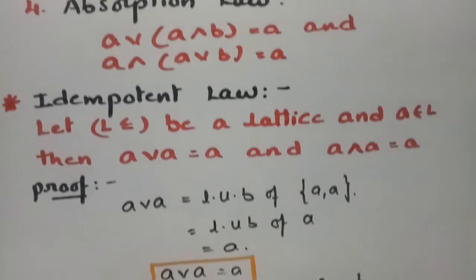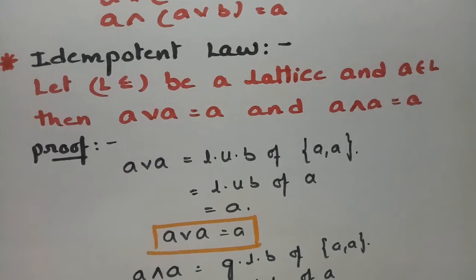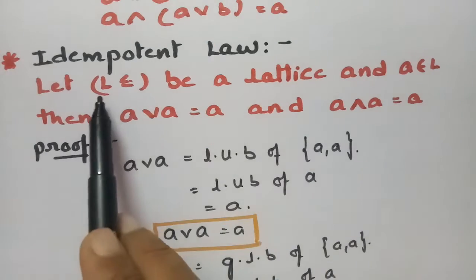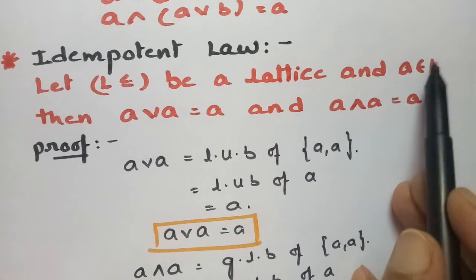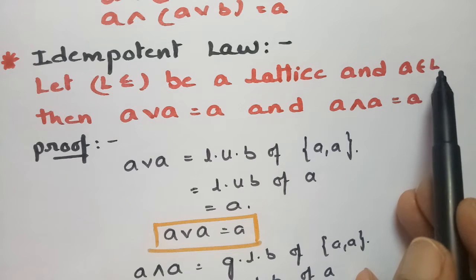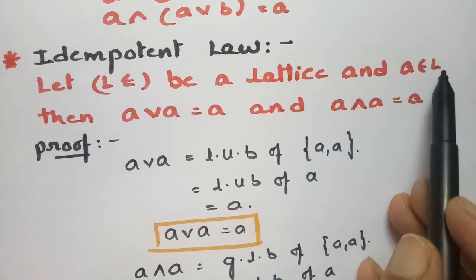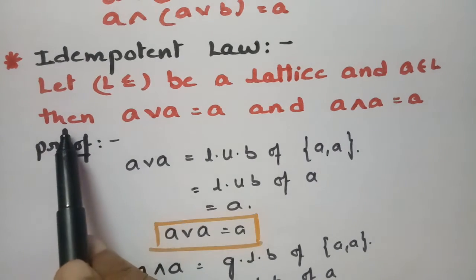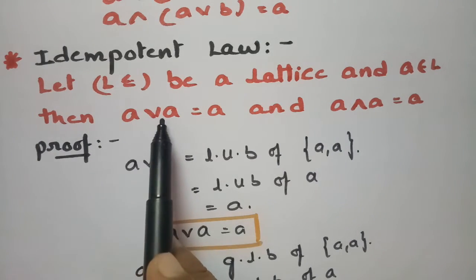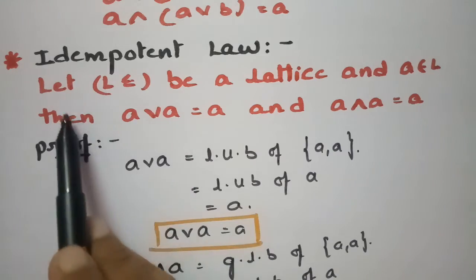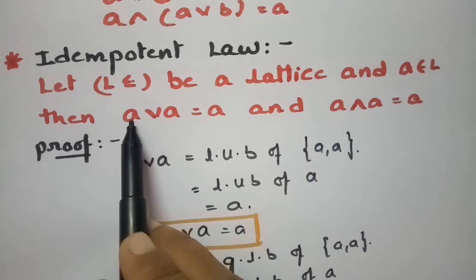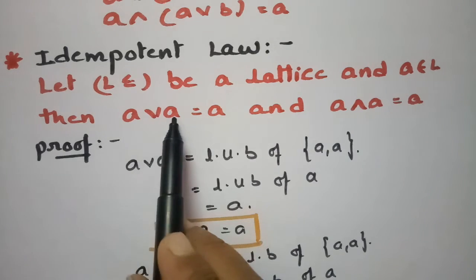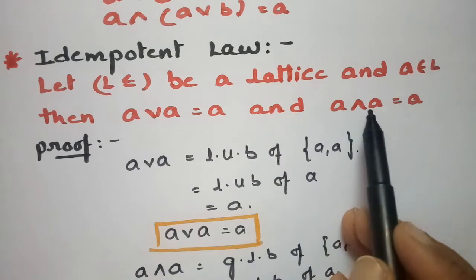First property is nothing but the idempotent law. According to the idempotent law, let L less than or equal to be a lattice and A belongs to L. So this is a finite set, and I have taken a single element from this set, and then we have to prove that. Now we have to show that A join A is equal to A